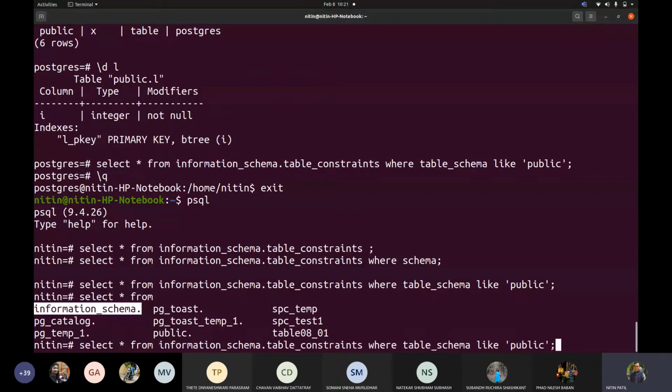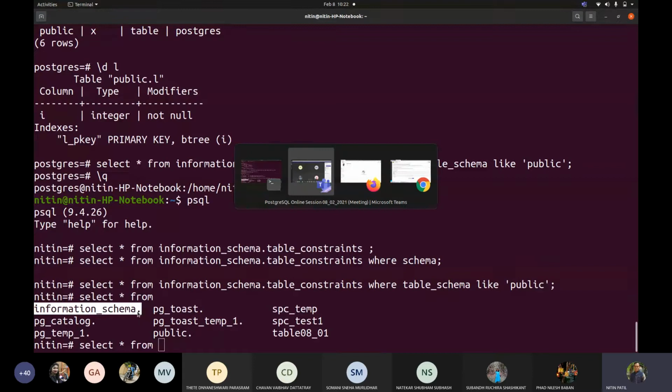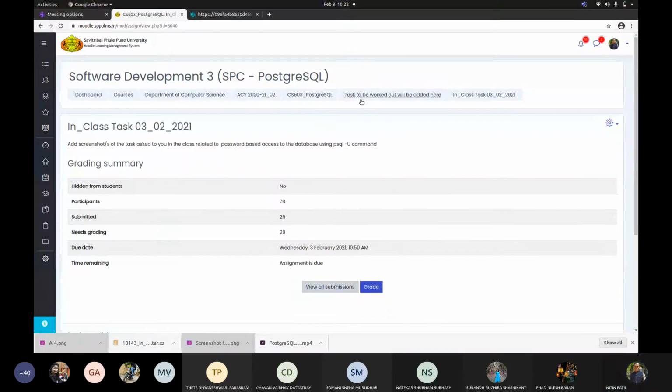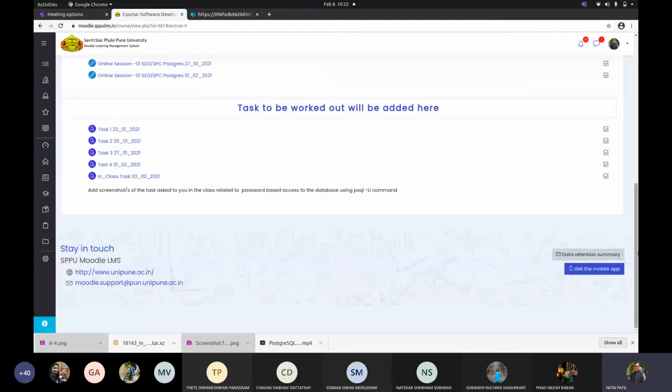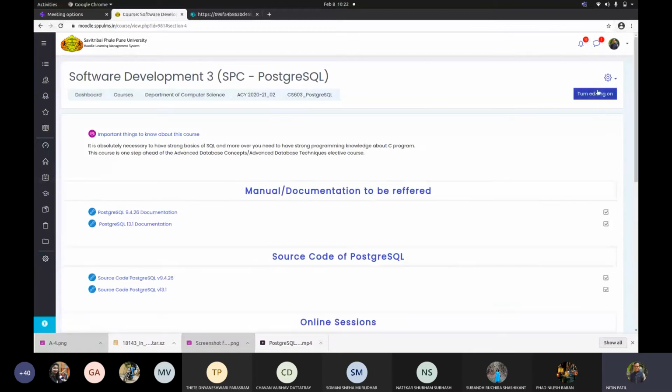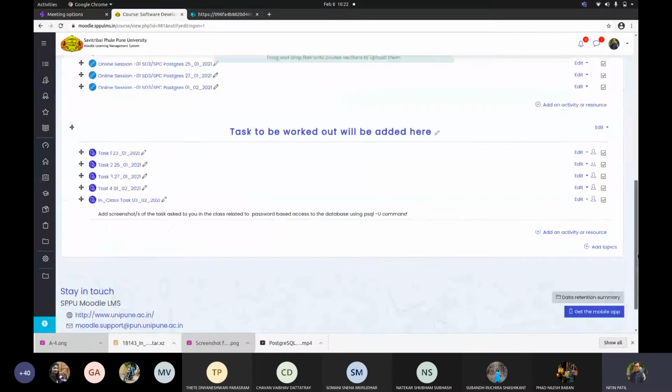Now the second task is in my code, whenever it is verifying for a primary key. Listen carefully. What was my task? So let me add it side by side on Moodle so that we will not miss it.